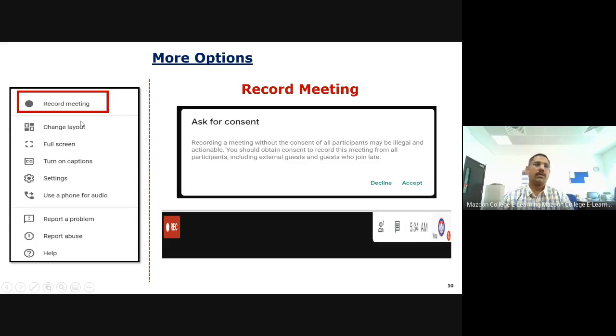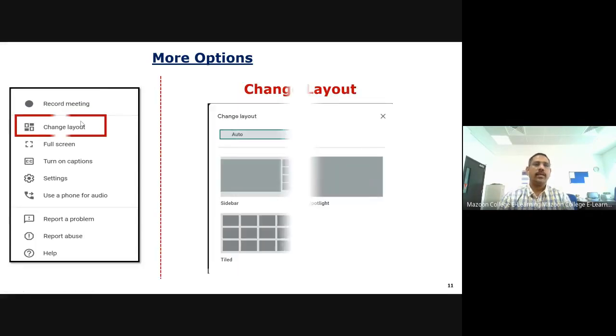Now this is the recording option. Now I will go to the next option, change layout. What is change layout? If you see here, it has auto, sidebar, spotlight, and tile. If you want to see your participants on the right side, you can click sidebar. If you click spotlight, only that person will be shown on your screen, and you won't see the others.